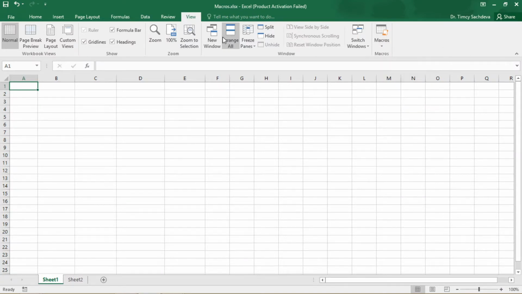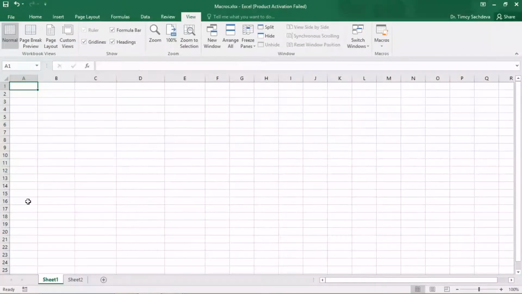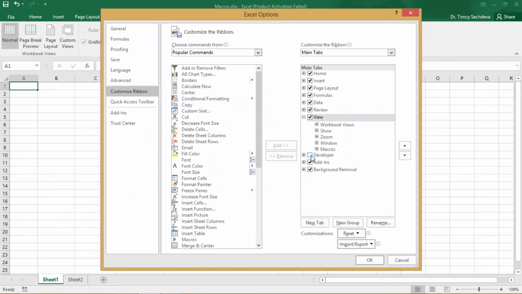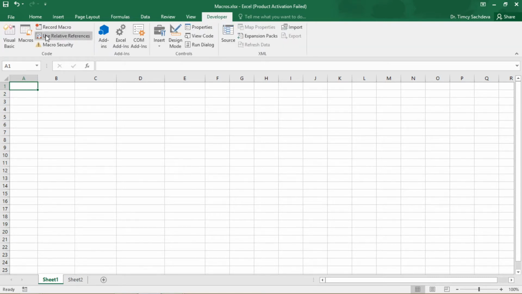In case this is not there, then you need a Developer tab, and for this you need to go to File, Options, Customize Ribbon, and check the box for Developer there. Click OK. Now if you look at the ribbon on the top, you have the Developer tab created, and you have Macros, Record Macro, Relative References, and Macro Security available now.